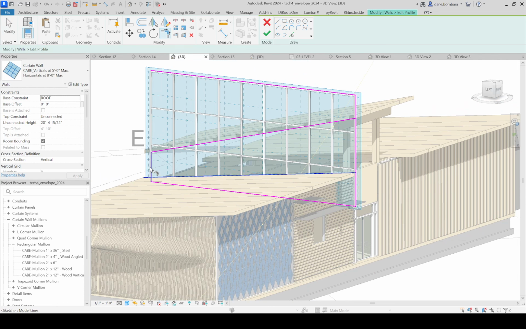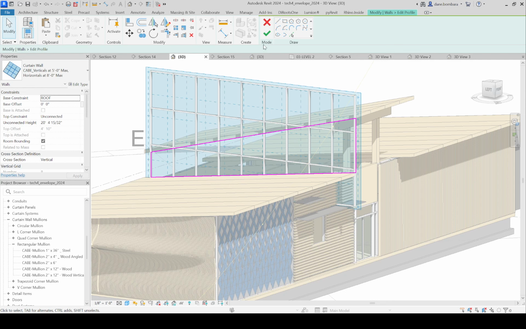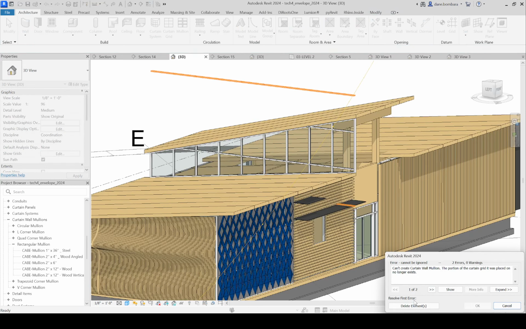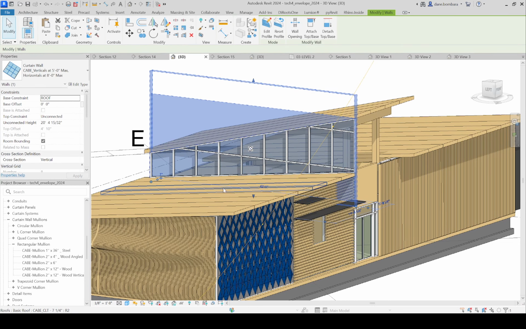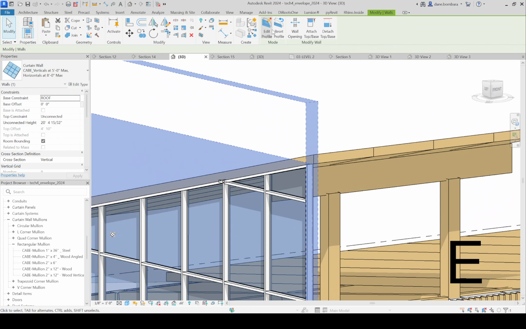What's the question? Sorry, go ahead. If it's tucked under that CLT roof, can't you just attach top to base, or is it not really a roof? If the curtain wall was under the CLT roof above, couldn't you just attach top to base rather than having to redo the profile? So that way when you move the roof,